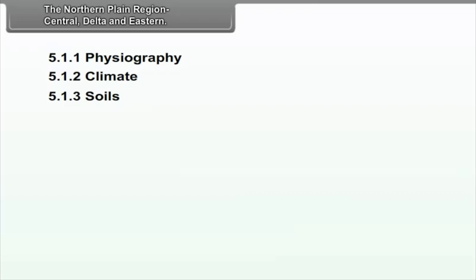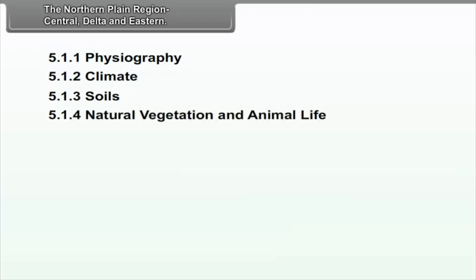Chapter 5, the Northern Plain region, Central, Delta and Eastern. We will study the following points in this chapter: physiography, climate, soils, natural vegetation, population and settlement,